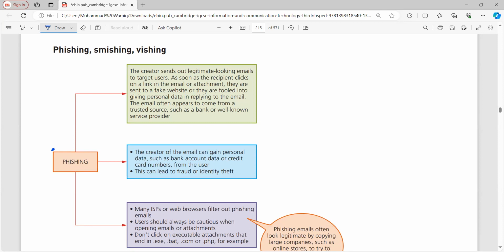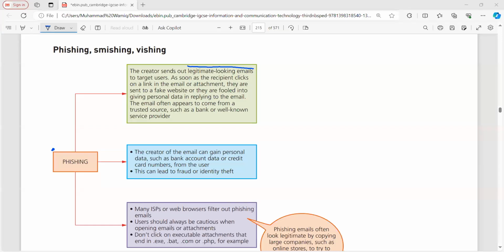In phishing, a user sends an original-looking email to a target and you think, oh, this email is useful for me. When you open that email, it sends you to a fake website where you are fooled into entering your personal information. That email looks like it is from a bank or from a trusted source, but it is not. Here you add all of your important details. That is how hackers gain access to your personal information, your credit cards and account details, and this can lead to thefts and frauds as well.